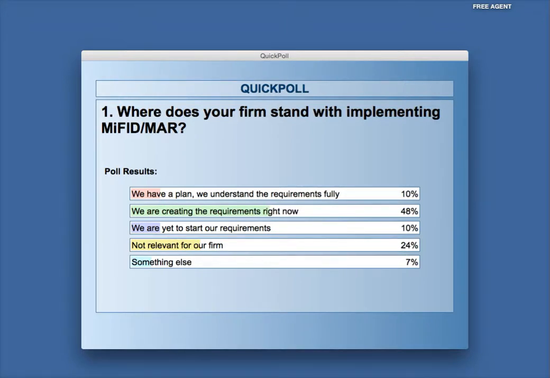So first thing to understand is you have to look at this at each entity. So you could have a European bank. That same parent company could have a non-European bank, could have a European broker-dealer, could have a non-European broker-dealer, etc. And for each of those we have to make a determination.